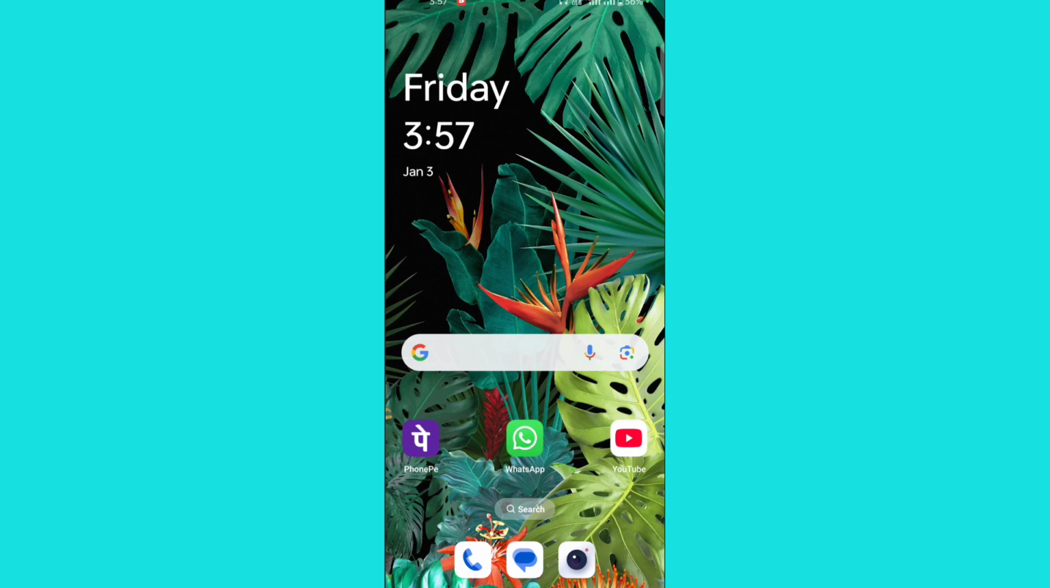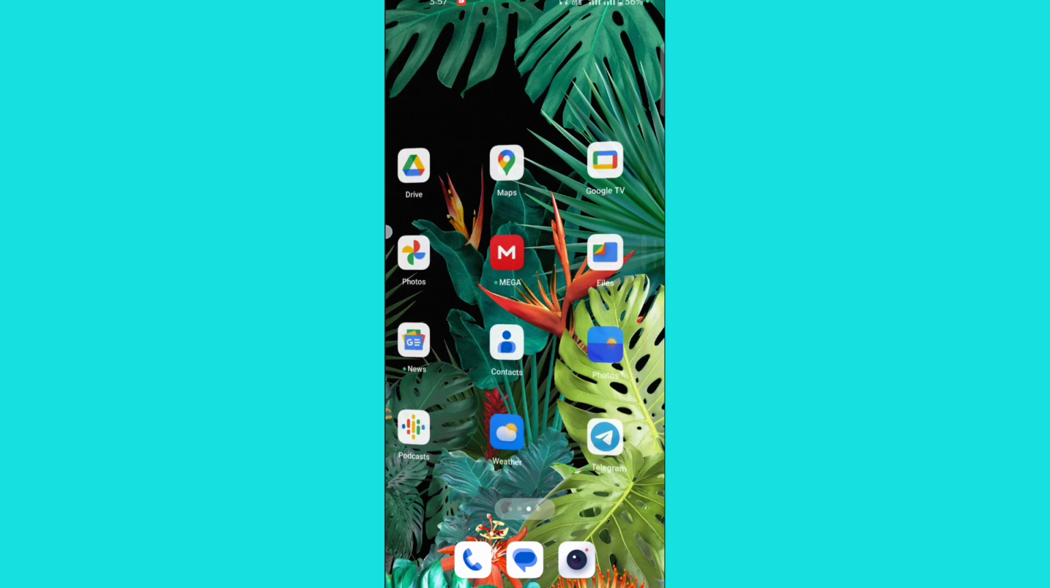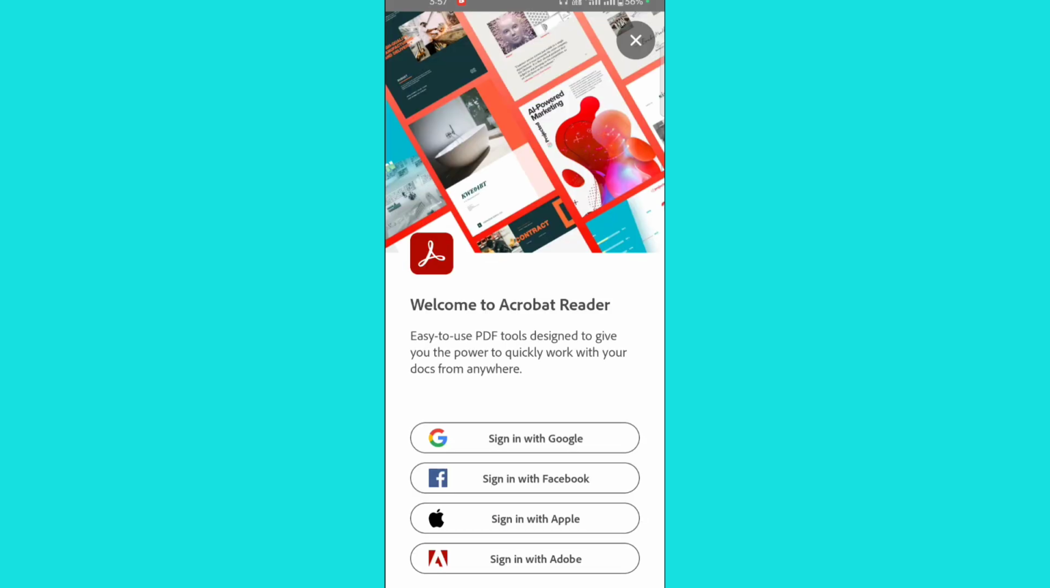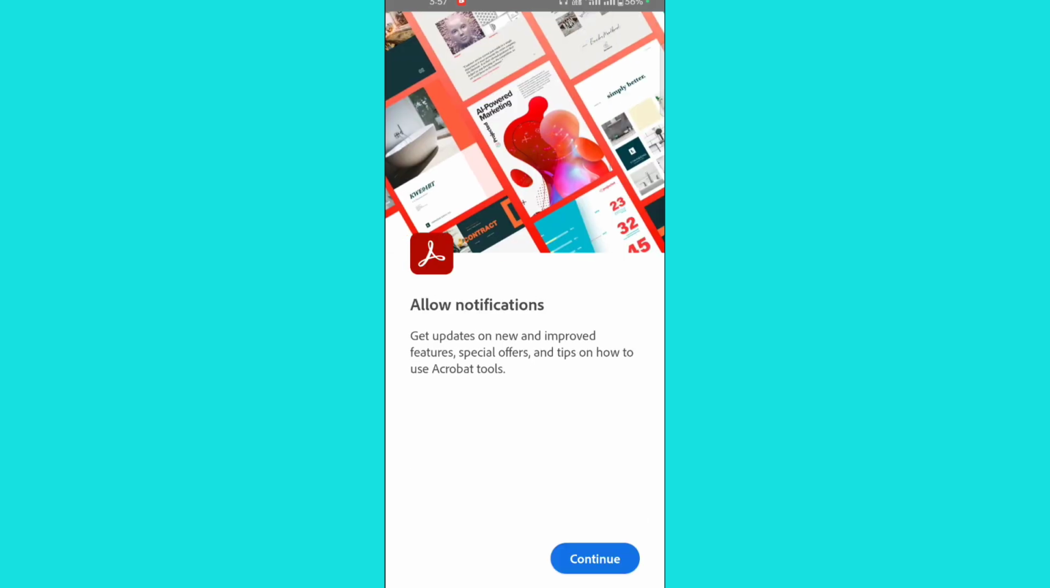Hey everyone, today I will show you how to sign a PDF document. So you can see, scroll down and open the Adobe PDF app. Then sign up first of all,